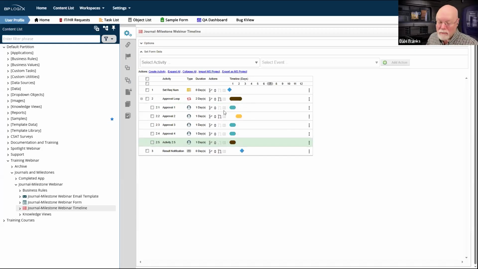Now, one easy way would be to create a milestone when approval 2 starts. But if I do that, then I'm going to have to ensure, because let's say these 3 are important, when these 3 activities are done, so these 3 approvals 1, 3, and 4, when they're done, I need to notify either the user or I need to record the milestone that these 3 important approvals are done.